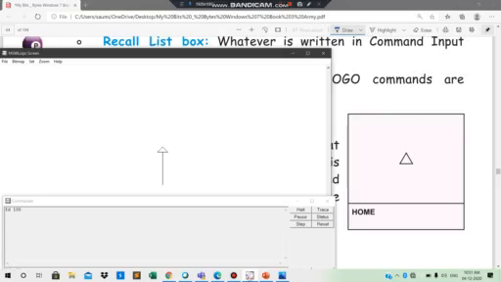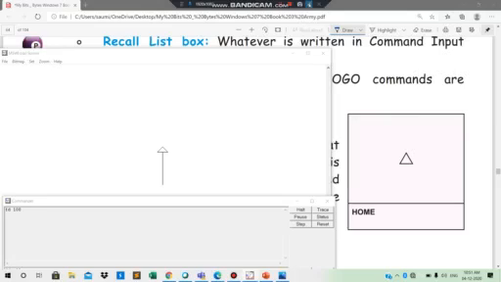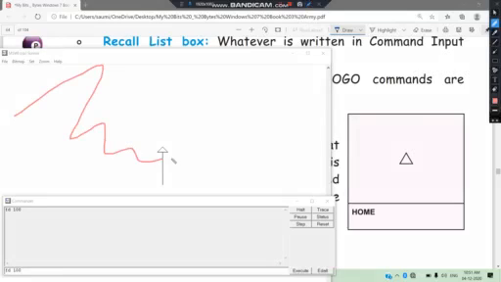ठीक है, सेंटर ऑफ द स्क्रीन पे होने के साथ साथ, जहाँ पे वो मूव करता है वो एरिया हम क्या कहते हैं, मेन स्क्रीन। ठीक है, दिस इज द फील्ड ऑफ द लोगो। ठीक है, जहाँ पे ये मूव करता है उसे हम क्या बोलते हैं, वी कॉल इट फील्ड ऑफ द लोगो। ओके, तो टर्टल यहाँ पे मूव करके शेप्स को ड्रॉ करता है।